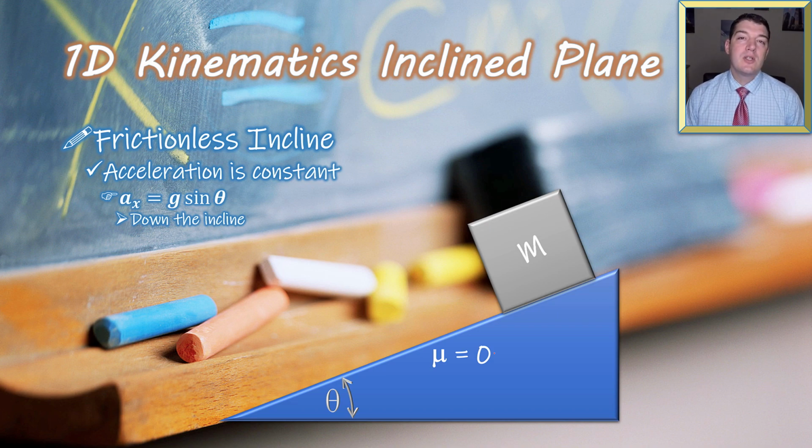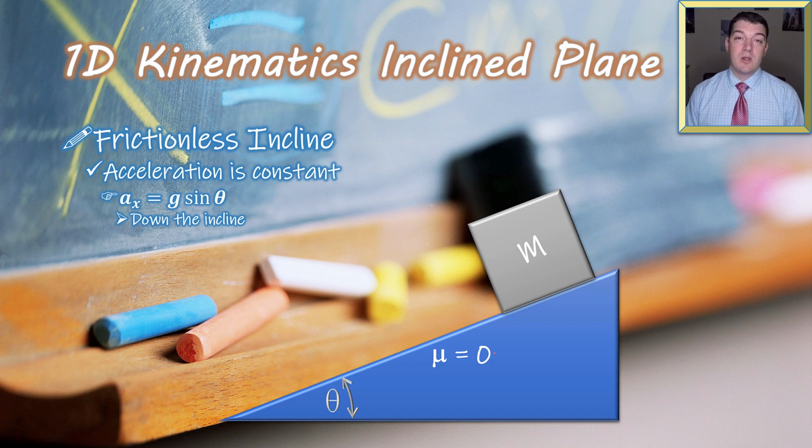Given that the acceleration is essentially a known value based on some constants of the situation, what we really have to look at is whether we're imagining a block being pushed up with an initial velocity and seeing how high it goes before coming to a stop. Then we'd know our final velocity is 0. Or if a block's sitting at rest and released and we know our initial velocity is 0, how far it slides to reach a certain speed,